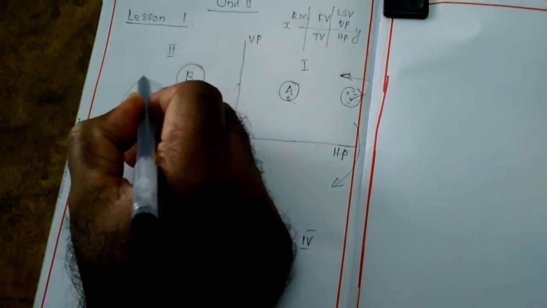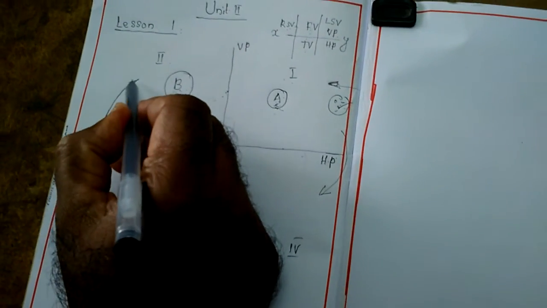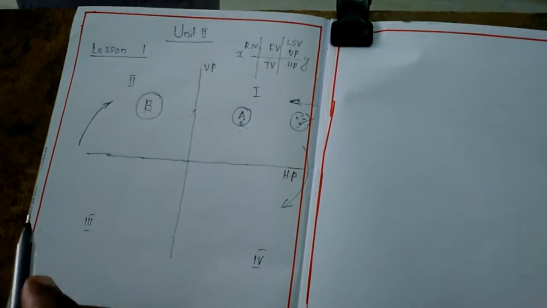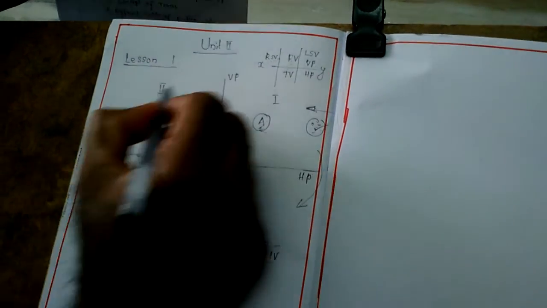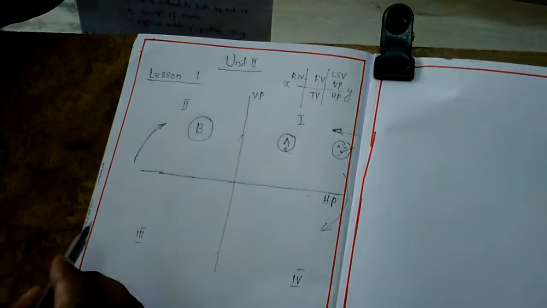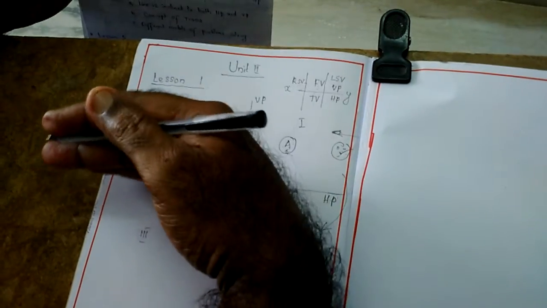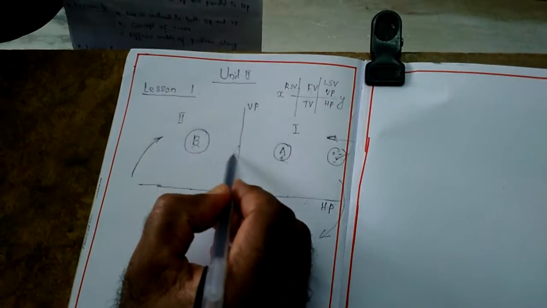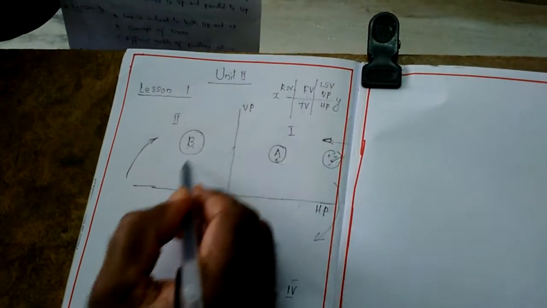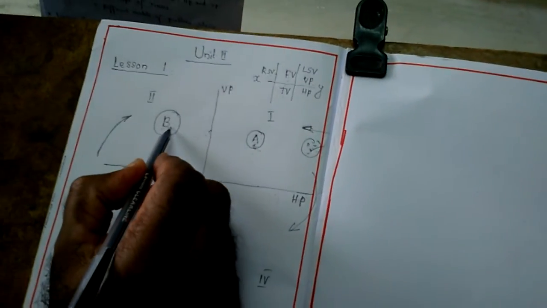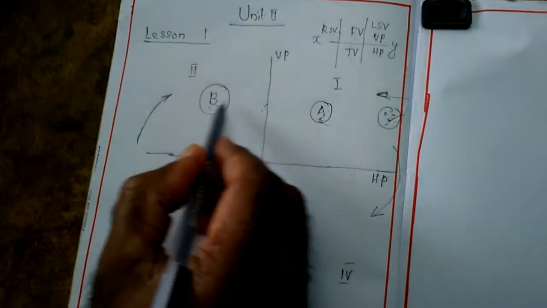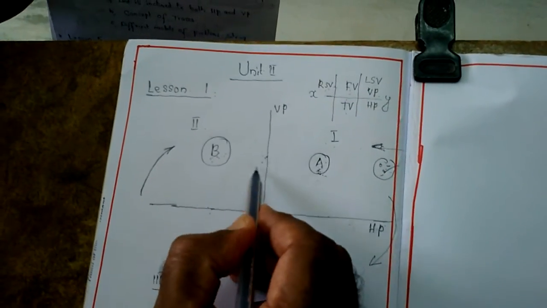Due to rotation of the planes. Why do we rotate? Because this is a three-dimensional figure, but our drawing sheet is a two-dimensional sheet. That's why we convert the three-dimensional view into two-dimensional views. So we rotate in this clockwise direction, and this part coincides with this part. The front view and top view both occupy this same area. Sometimes the distances of the object from VP and from HP are equal, and then both views coincide with each other.